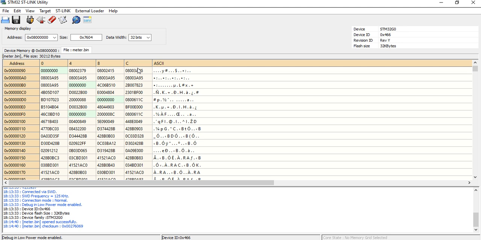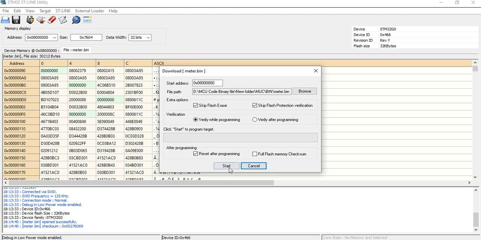Now you have to program it. You have to insert this file in the microcontroller. The connection is already done. This is verify program, it will place the file into the microcontroller. So you have to click on this. After the click, this window will come and you press start. Programming will be done like this.